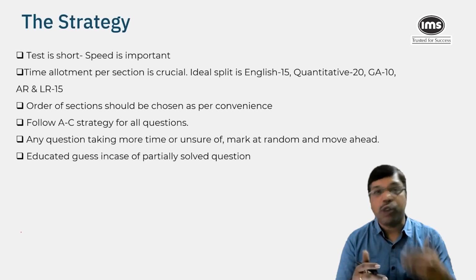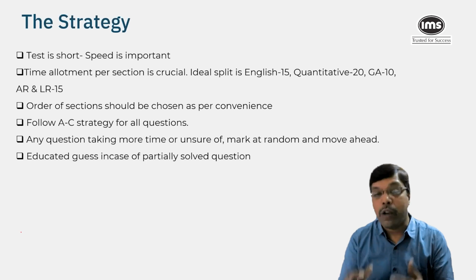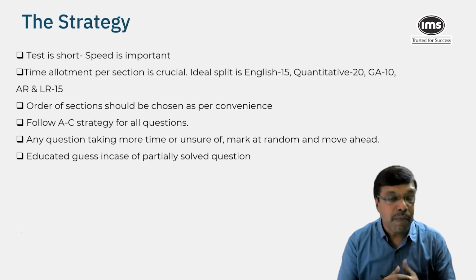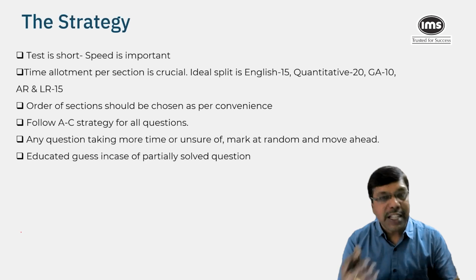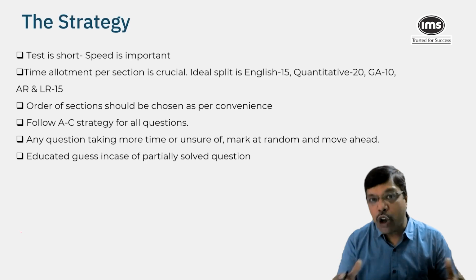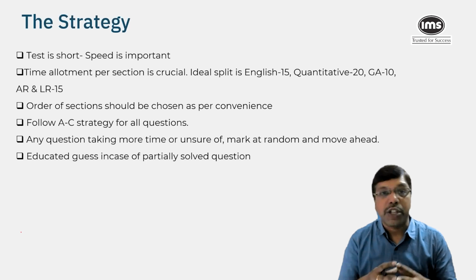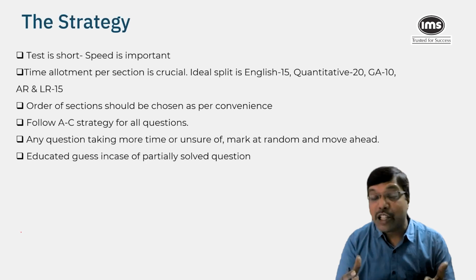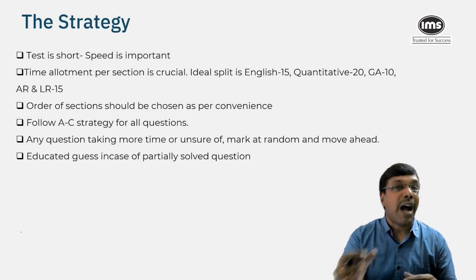So if you feel the question is easy, you know how to answer it, you're confident you can solve it in less amount of time, then do it right away. Abhi karo. Or if a question is unfamiliar, you are not sure of how to approach, or you are sure that it would take certain time, which you can't invest, then it's a type C question. Chhod do, but since there is no negative marking, the better course of action would be to mark something at random,